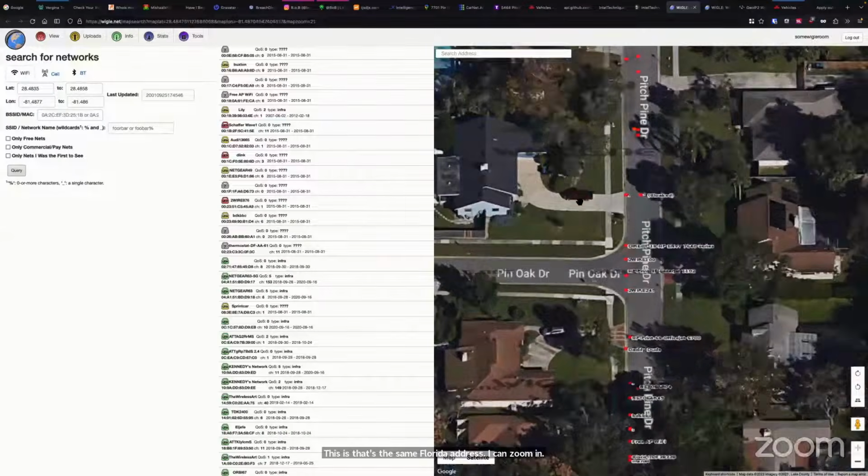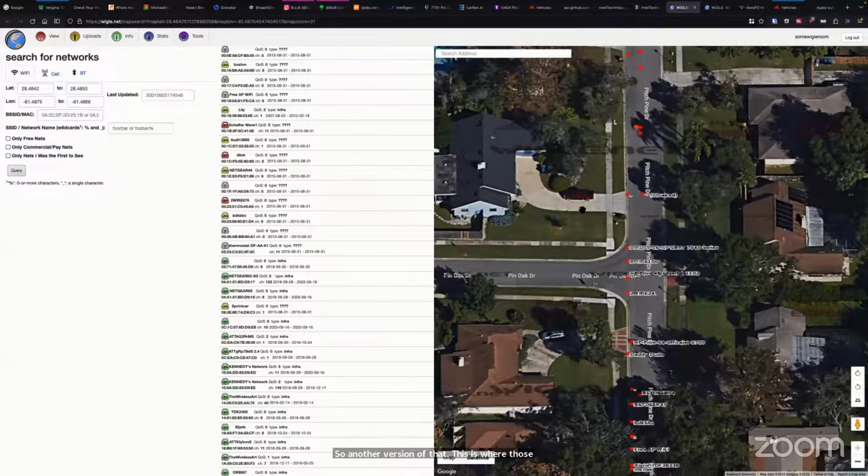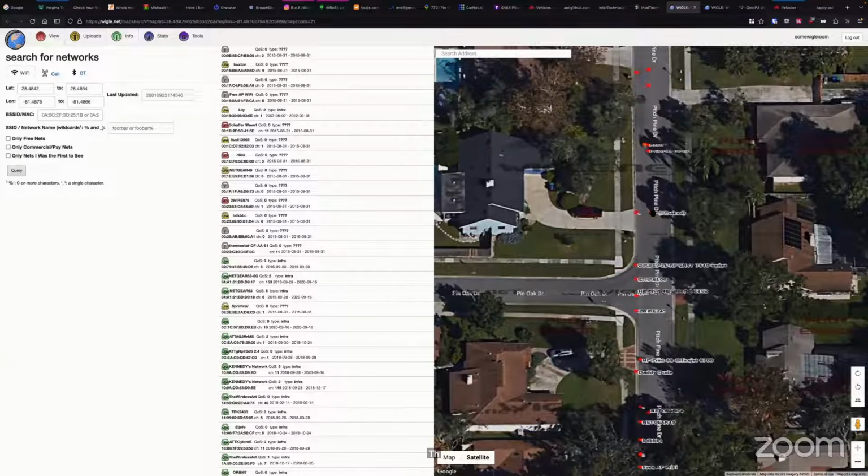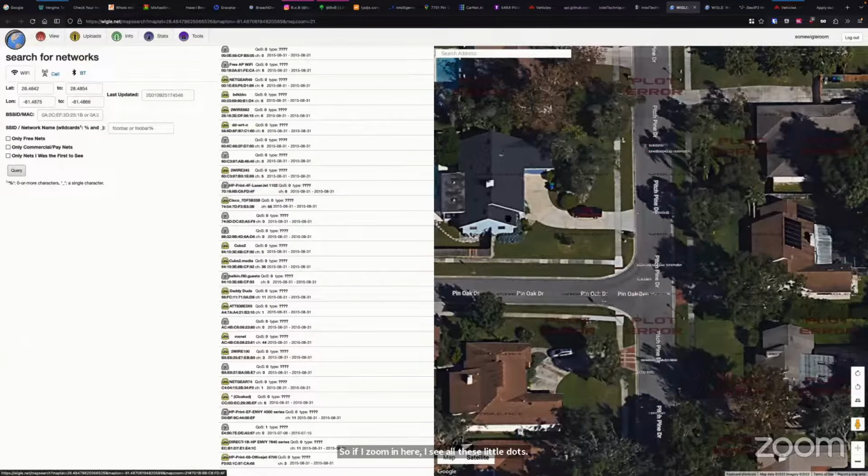Here, you can actually see the Ford F-150 right here. So if I zoom in here, I see all these little dots. I just press the query button here again, and it shows me a list of all the SSIDs that it's picked up here. And this is crowdsourced data, people war driving, going around with a Raspberry Pi or a phone and collecting SSIDs and uploading it here. So that's how the process works.